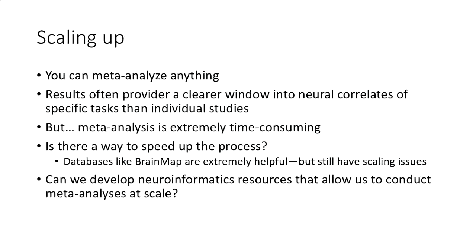The question I'm interested in is, can we develop neuroinformatics resources that allow us to conduct meta-analyses at scale? And again, I will affirm something Simon said, which is there's a quality-quantity trade-off. And both of these, I think, are important. So you can spend a lot of time very carefully doing a meta-analysis of 15 studies that nobody else has ever coded. You can use databases that are out there and pull data from a larger number of studies that have already been extracted. But it'd also be nice if there's an exploratory tool you could appeal to and say, look, there's 800 studies, and we just want a very simple average almost of these studies to get a sense of what might be going on.